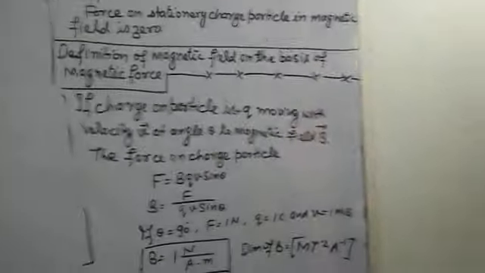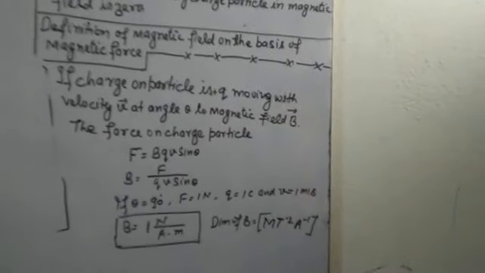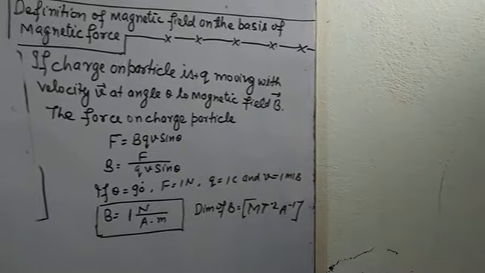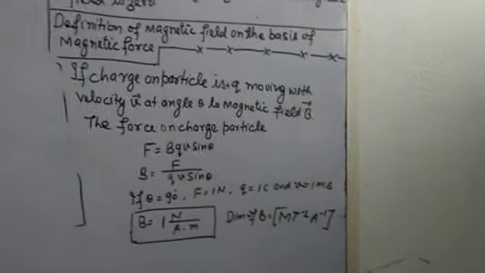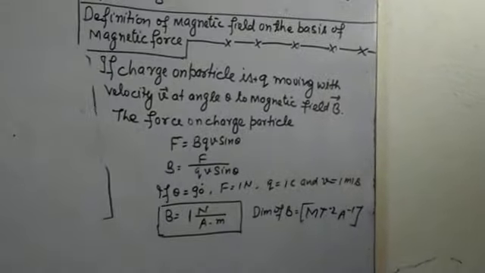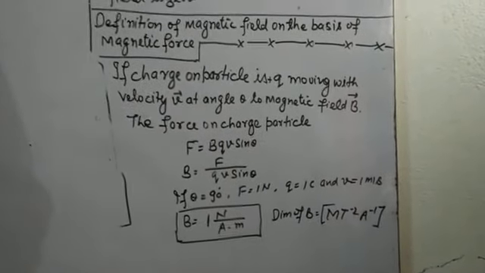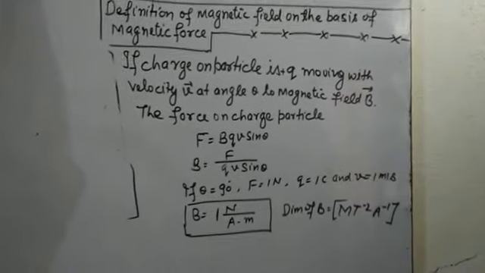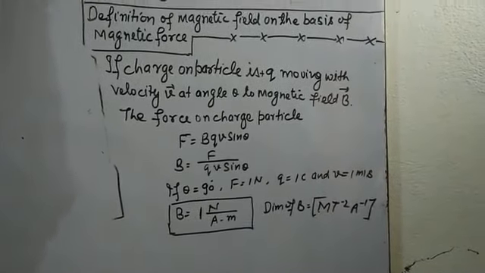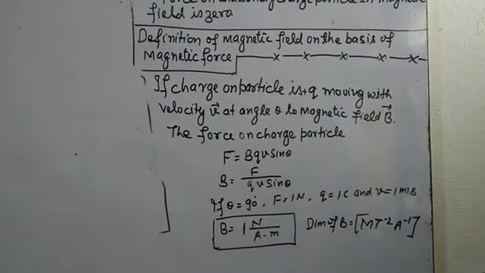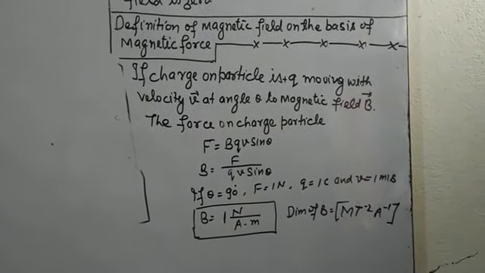First, the path of a charged particle in a magnetic field